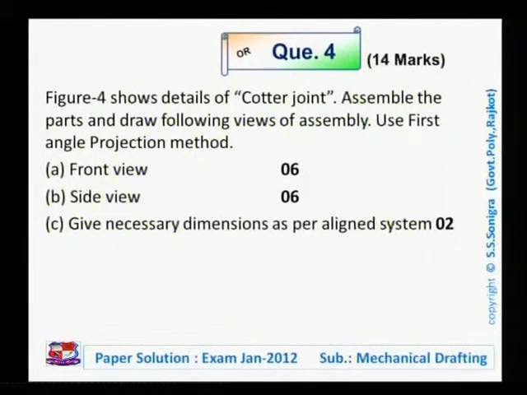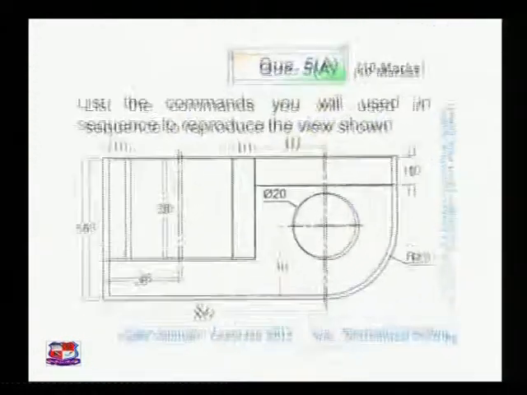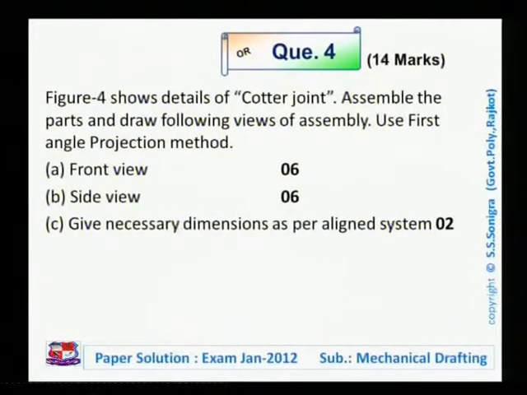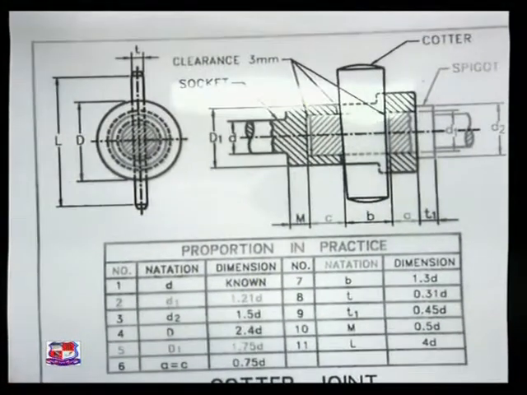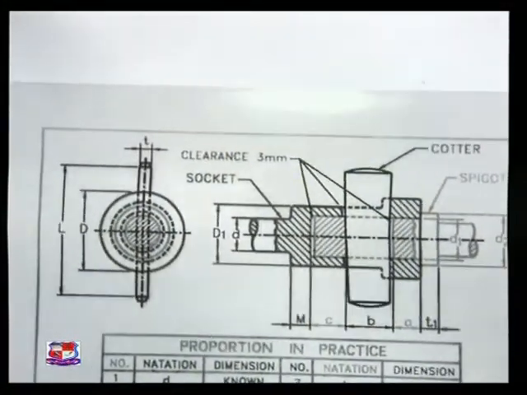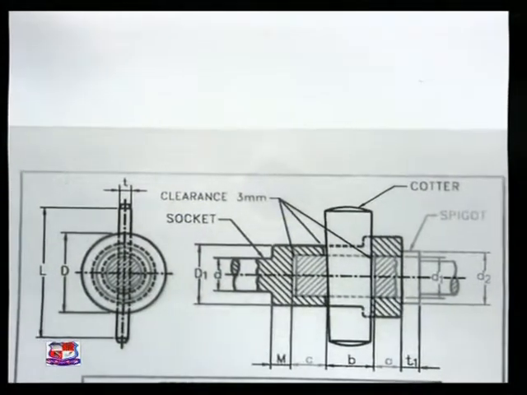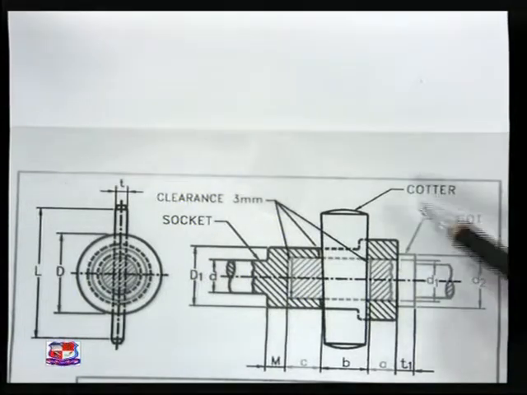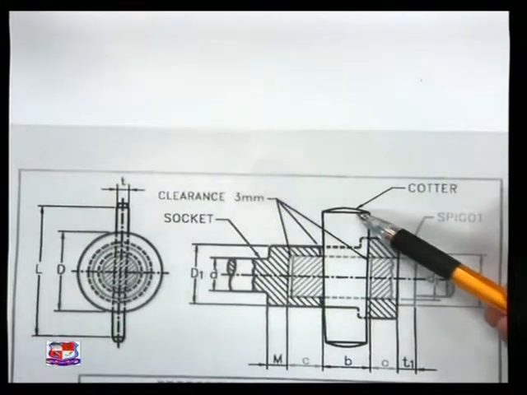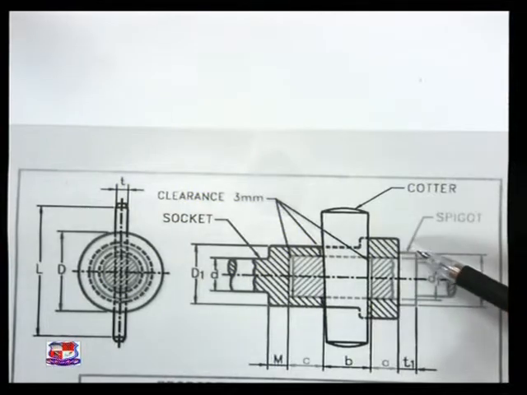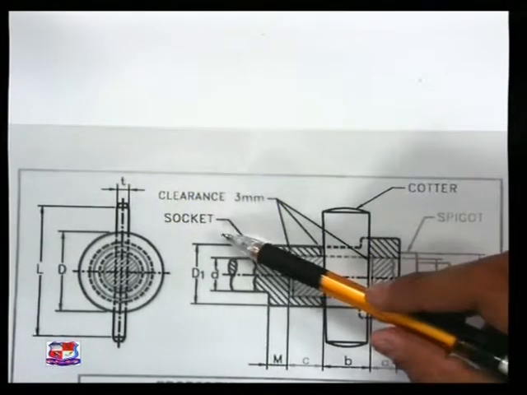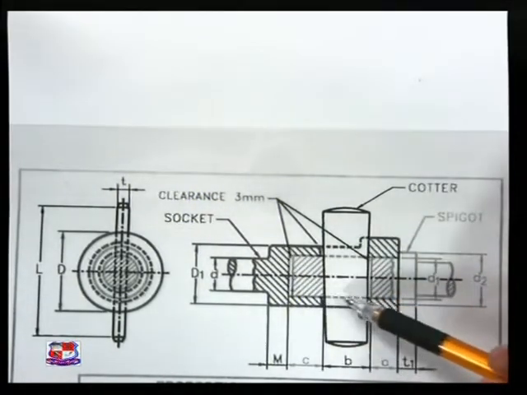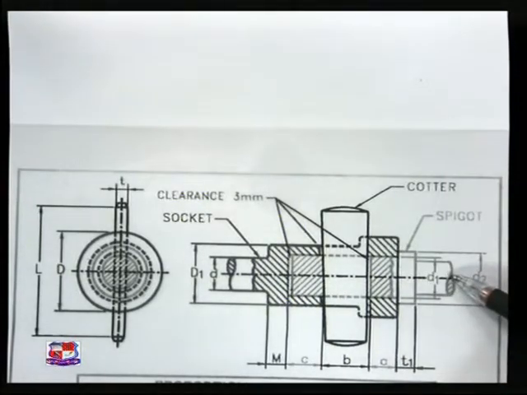This problem we had also shown previously, and its solution is like this. This is a quarter joint, you can see here an assembly of the quarter joint. You need not draw this, this is just an answer of the given assembly. Individual components are given to us. Here this is a quarter which is inserted inside this spigot end and socket end. This is a socket which is given to us. This is a spigot which is given to us.